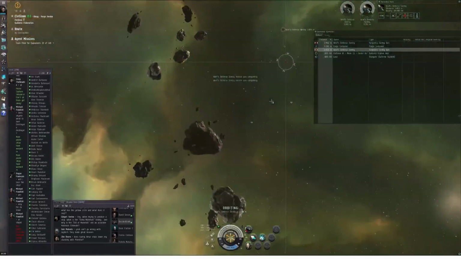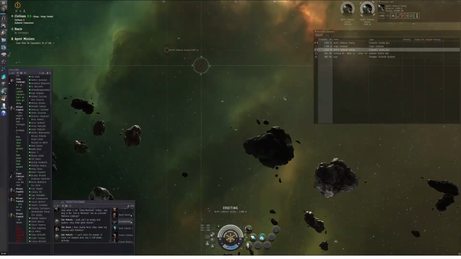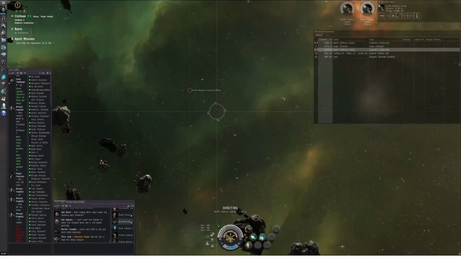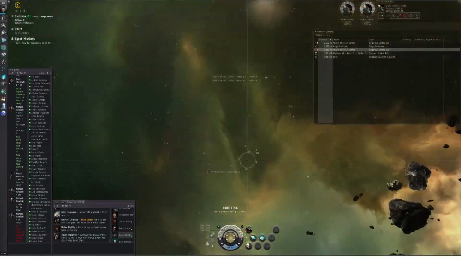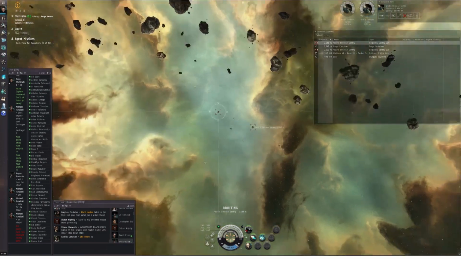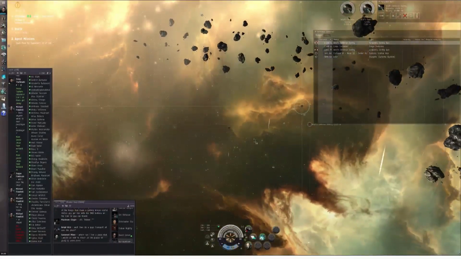So right now, these 2 defense sentries are trying to shoot at me, but they're missing completely because I'm going around them in circles. Unfortunately, the game does not show you angular velocities for a stationary object like a sentry gun, so I can't really demonstrate that very well off the overview. But if I full stop, like this,